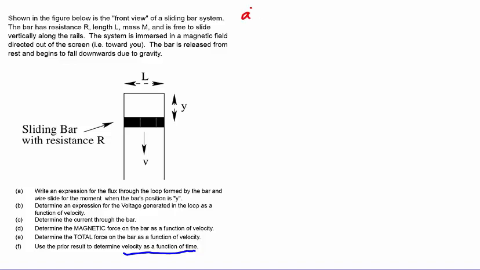This problem begins with a study of Faraday's law. And Faraday's law is based upon a rate of change of magnetic flux. Magnetic flux, as always, is a field times an area. The field is the magnetic field, and the area is the area formed by the loop. Looking at the figure, we can see that this area has a length L and a width Y,